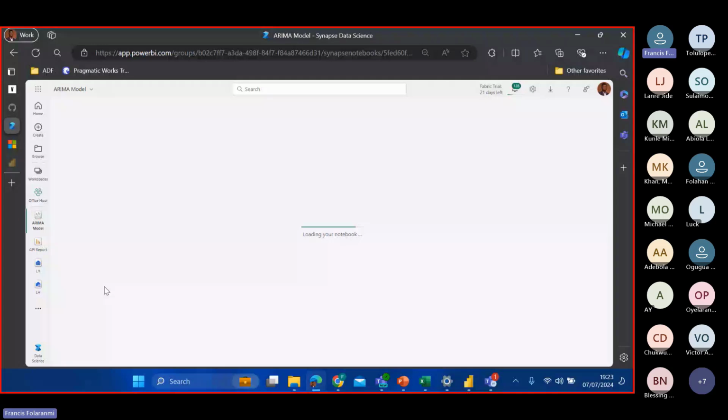First thing first, I need to attach my lake house, where we have our data sets, to the notebook. If I click on this, that will associate the lake house, or I can even click on lake house and click on this icon as the case may be. Either I'm using a new lake house or an existing lake house, but we know that the lake house for this is an existing lake house. So I will click on add, and then it's LH, that's the name of our lake house that we created earlier.